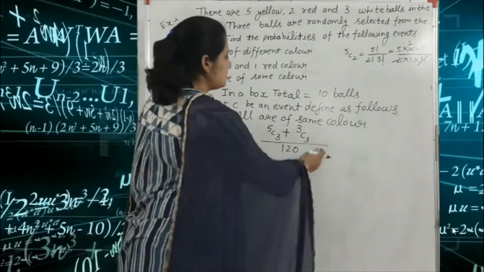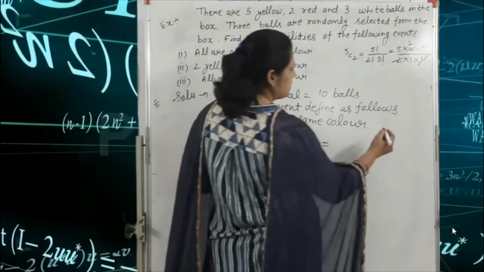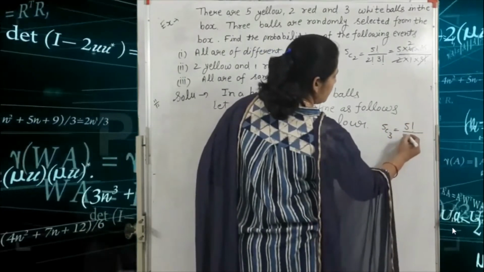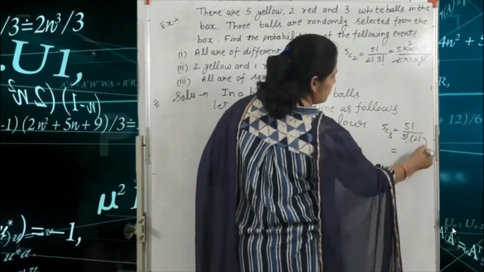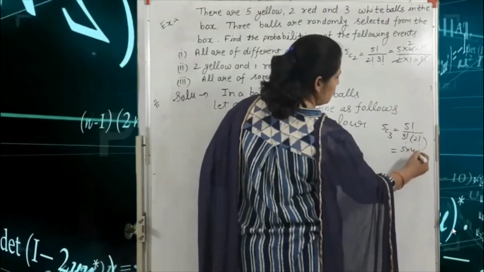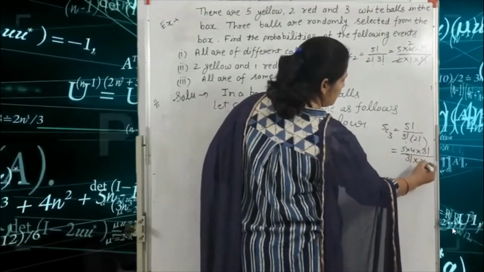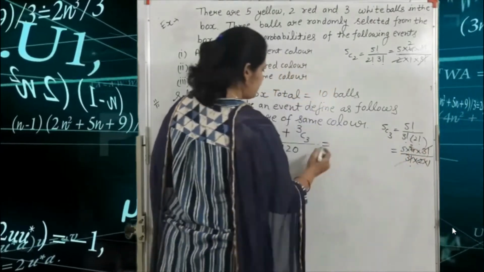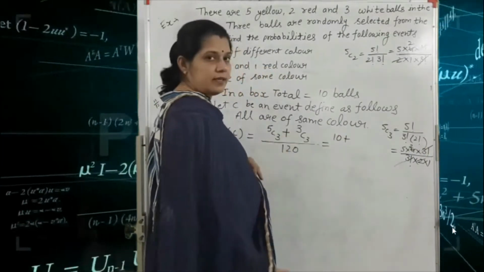Okay, so first you open this term, that means 5C3. 5C3 is equal to factorial 5 over factorial 3 into factorial 5 minus 3, that is factorial 2. So here 5 into 4 into factorial 3 over factorial 3 into 2 into 1. So this cancels. 2 twos are 4. So 5 twos are 10. So we write here 10 for 5C3.